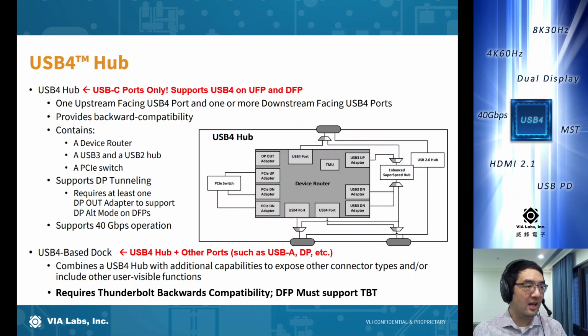With USB 4, we have a single defined upstream port, so you can't necessarily plug into any port. You're not going to make a puck with a bunch of ports on it and expect users to wire it up however they want. That's actually not allowed. You have a defined upstream port, and then the rest of them are the downstream ports, and that's it. For a USB 4 hub, however, the certification requirements are actually much more stringent. It is required to support Thunderbolt 3 backwards compatibility. Most likely, it's going to have a PCIe switch inside. It may need an XHCI host controller, etc.